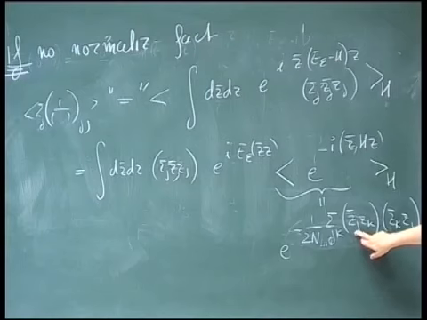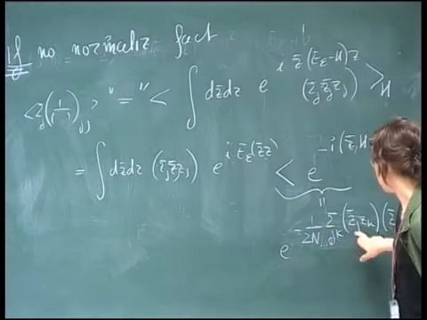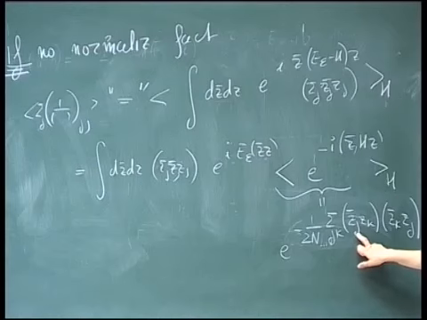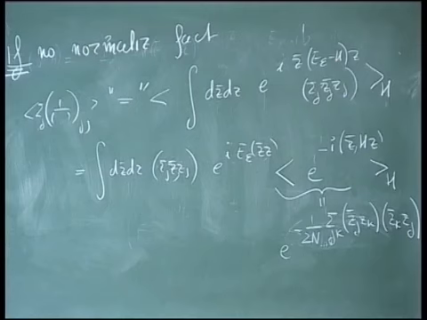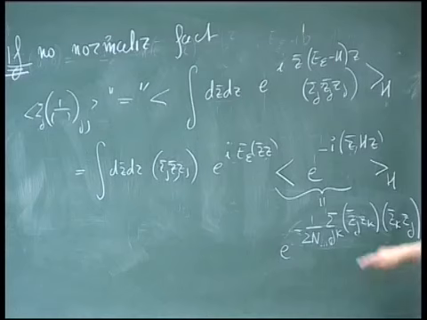Now the price is that here I still have a Gaussian term, but here I have a quartic term, and I don't know how to compute this integral. I would like to go back to a Gaussian integral. Well, of course I could go back to the initial representation, but that's not very useful. So I want to do something clever and reorganize this so as to have a new Gaussian integral.